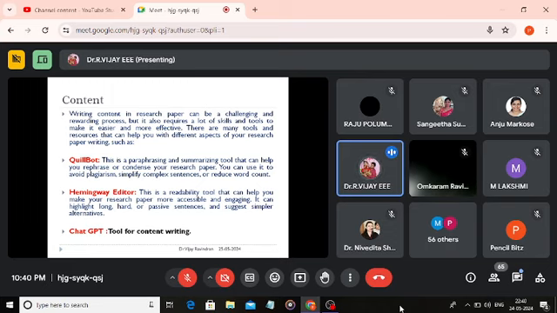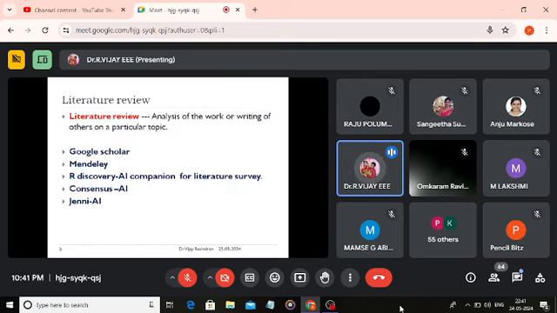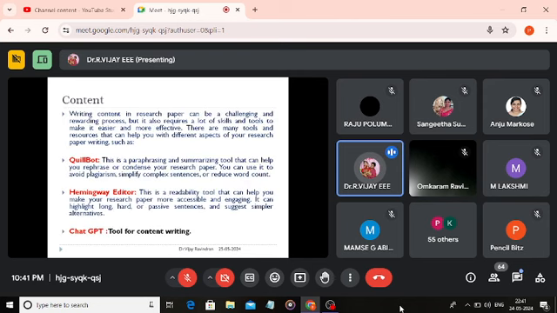So we can use Quillbot only as a summarizing option, or to make your sentence formal or professional. You should not completely rely on Quillbot for writing your research. So, diagrams. Just as for sentence formation or sentence paraphrasing we have Quillbot, Hemingway, and other tools,